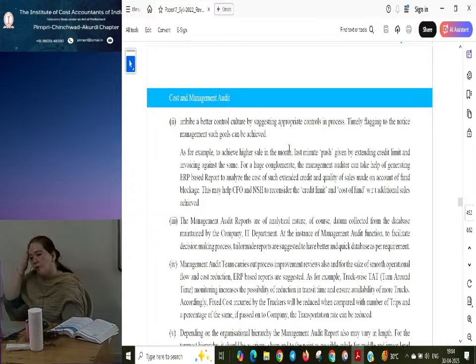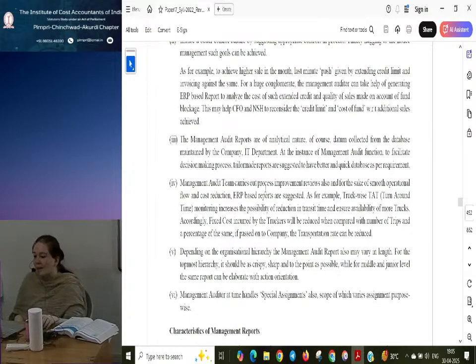So actually when we look at ERPs, the big ERPs, right? According to the requirement of the company, customization of reports can be requested to the IT team and they can customize those reports in the system. So with the click of a button, it will gather the information and give you the data. Such reports can also be prepared, but it is not possible in small kinds of ERPs. The big ones like SAP, BAN and all those things, they customize the reports according to the management of the company's requirement. So that is possible. So that's called ERP based reports.